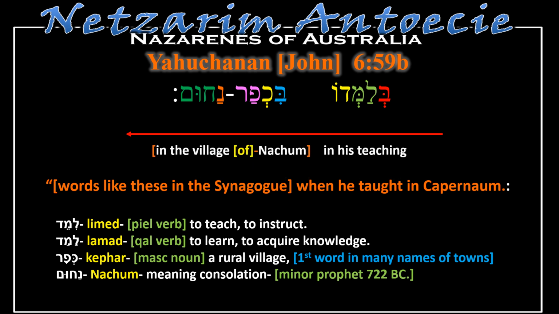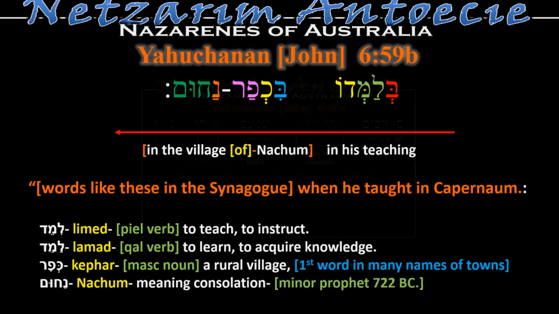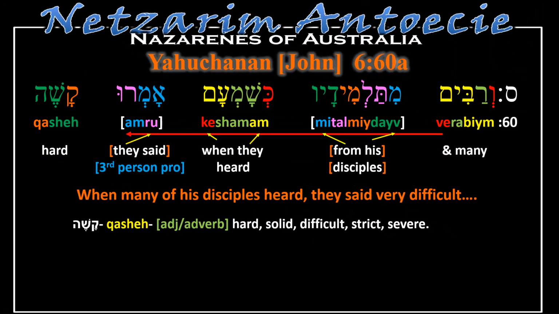In his teaching in the village of Nachum. And so now we come to 60. It's represented with the samek, which has a value of 60. And then we go through letters. Vav resh bet yod mem sofit, mem tav lamed mem yod dalet yod vav, kaf shin mem ayin mem sofit, aleph mem resh vav, kaf shin hey. I'm just doing it a bit quicker so we really make our brain think about the letters.